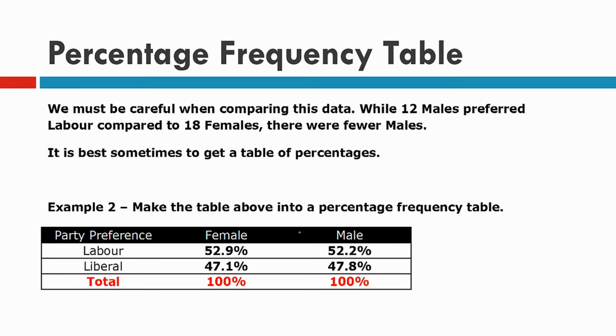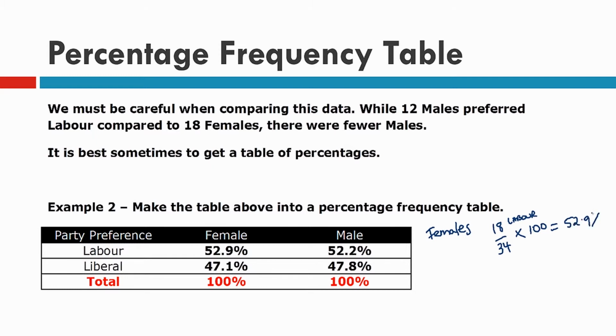Now example 2, we've made the table that we just saw in example 1, we're going to convert that into the percentage frequency table. Now it's already converted here, but this is the way we actually do it. So we're going to aim for the 52.9%. So if we look at that, females, there were 18 females who preferred Labor out of 34 females. Now to change something to a percentage, we times by 100. And when we times it by 100, we get